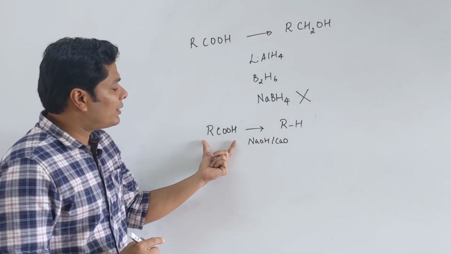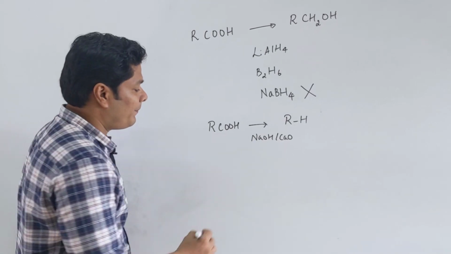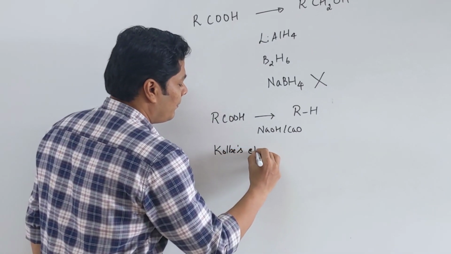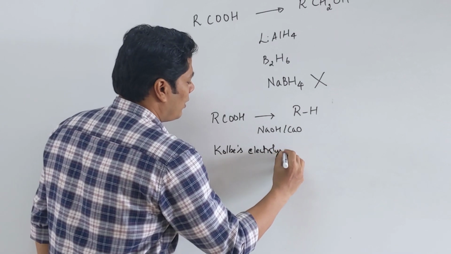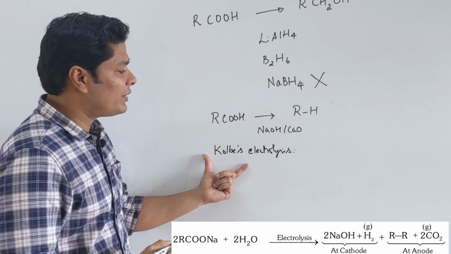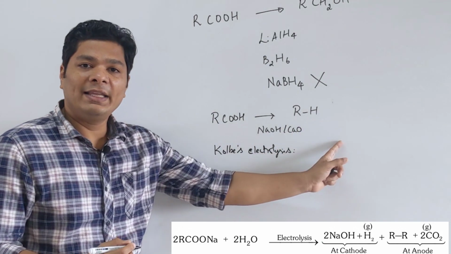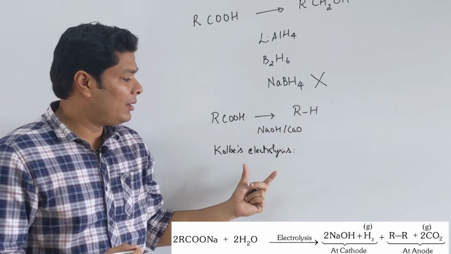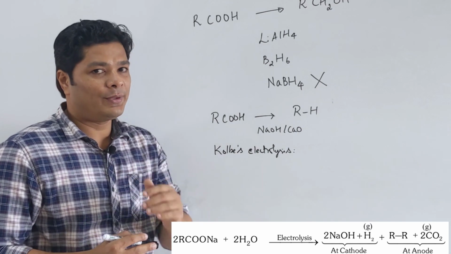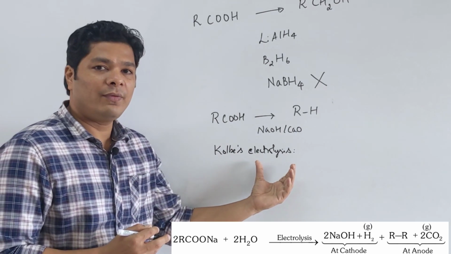Now, another reaction possible for acids is Kolbe electrolysis. We have seen this before. I can use it to synthesize alkane, alkene or alkyne. We have done this in your hydrocarbon lecture, so go back to that and look into it. I'll just do a brief recap.